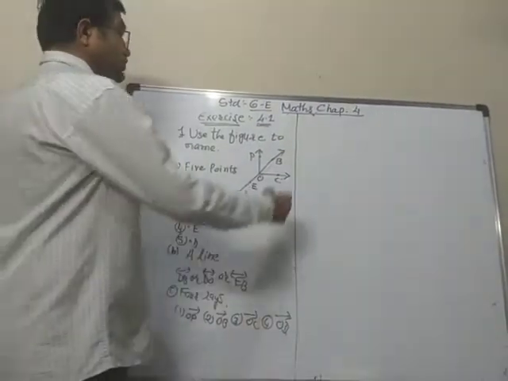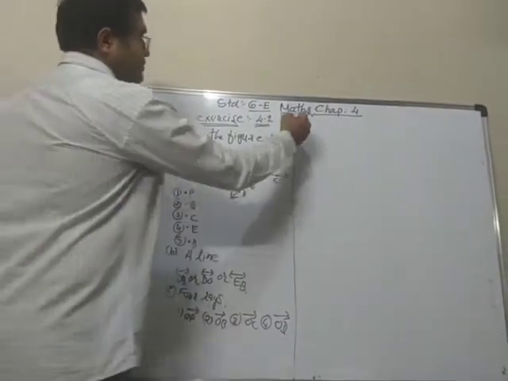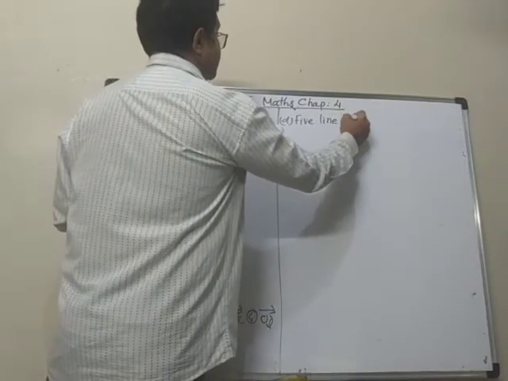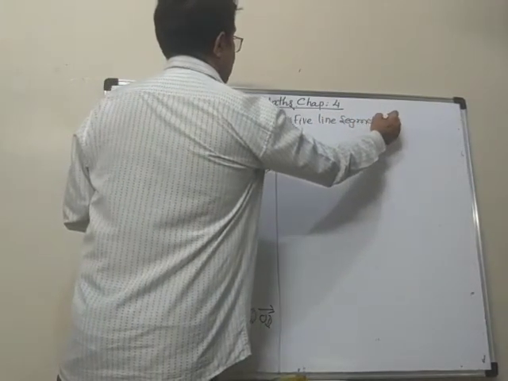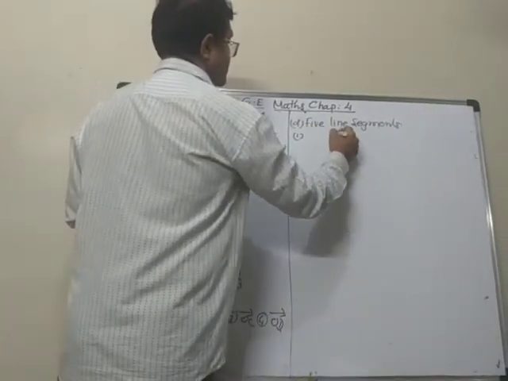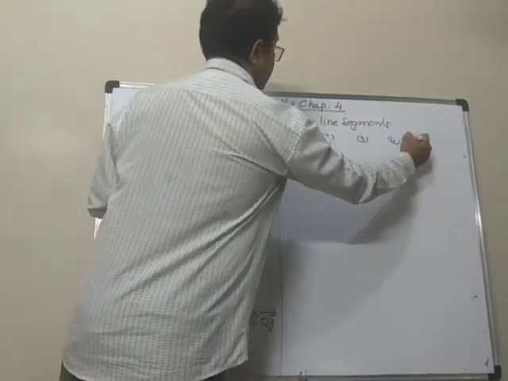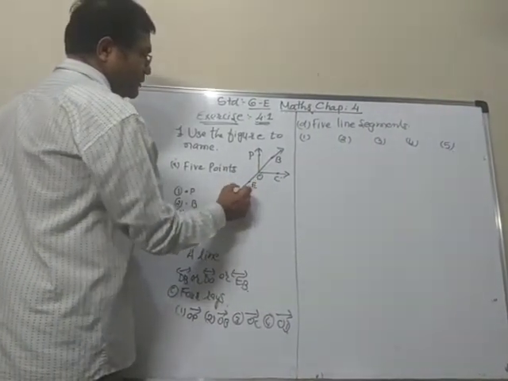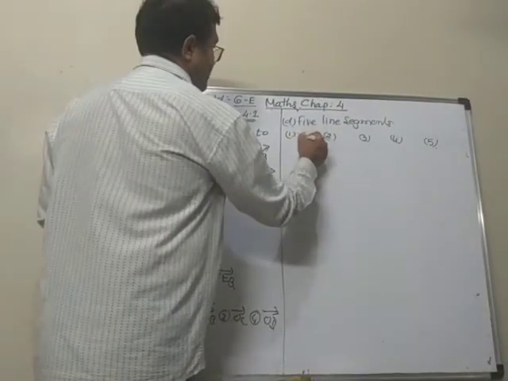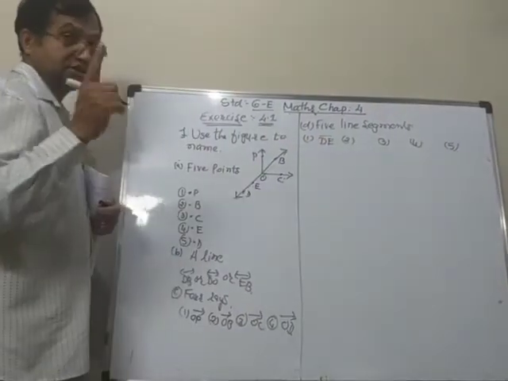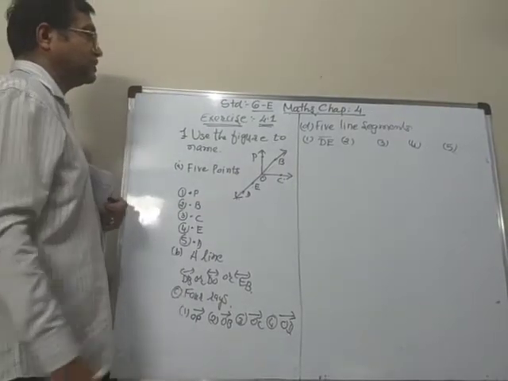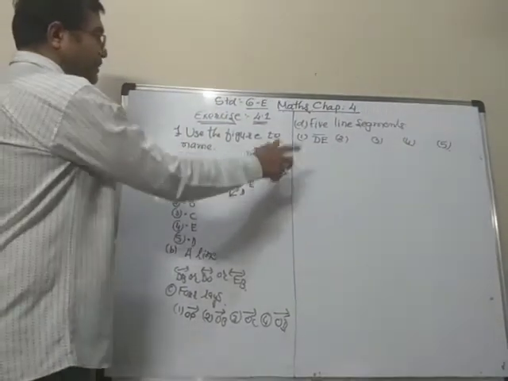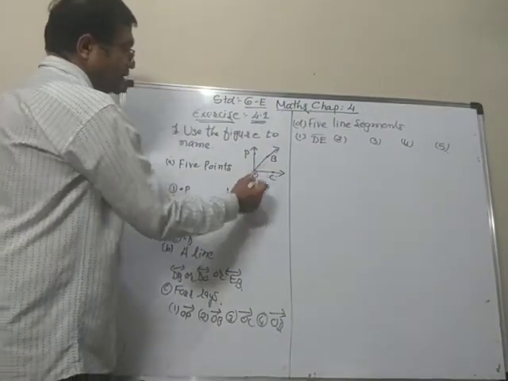And then question D is 5 line segments. Now we know that line segments means they have 2 endpoints. Means you can write down from here also, from D to E. So we will write down line segment DE. Just keep the notation in mind: a line segment does not have any rays around it. So line segment DE. You can take line segment EO.